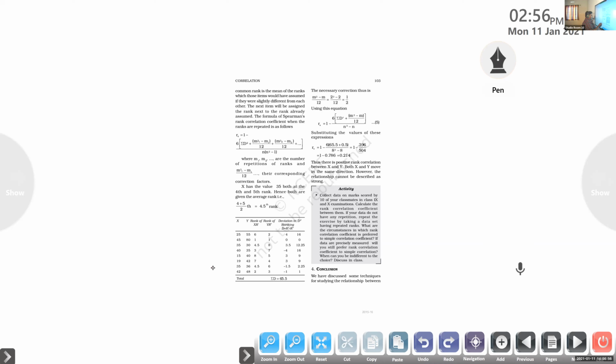Next one, 6th rank, that is 25. 7th rank it is 19. Okay, 8th rank it is 15. Completed. Next one, rank of Y. So we are able to find there is no repetition in those numbers. Any repetitions are there?